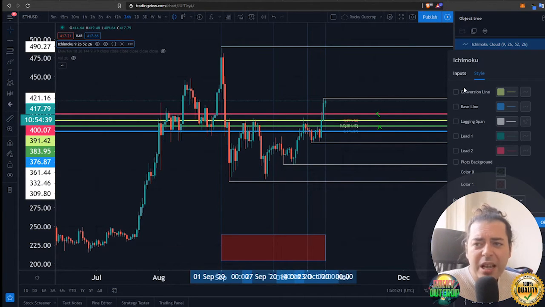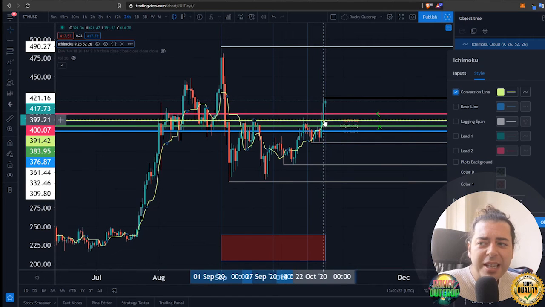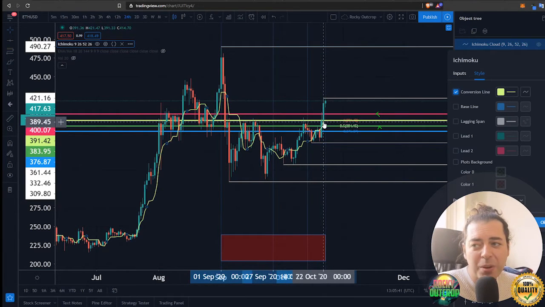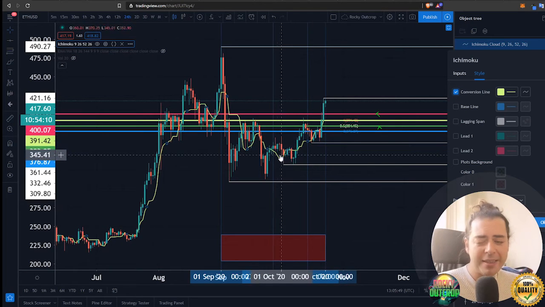So the conversion line, this is the same color as that yellow line. And as we can see, it comes in there bang on where we drew it. Our maths worked. And that is showing us, as we already discussed, where the highest high and the lowest low of the previous 9 days were when this was drawn on, and it shows the midway point between them. As we see, looking back the way,